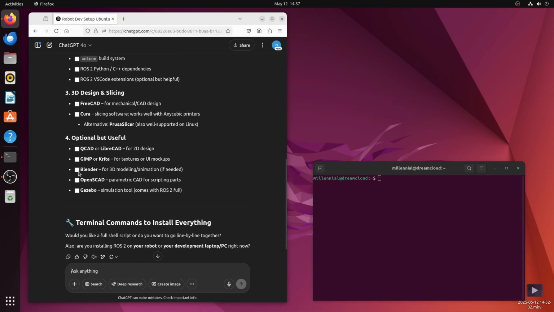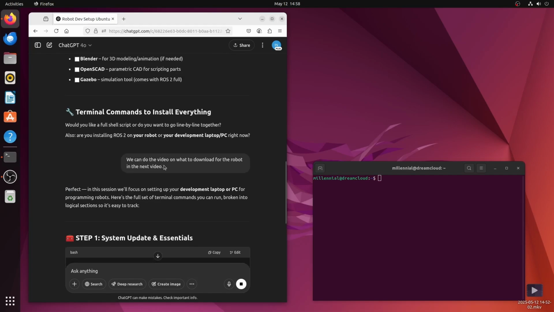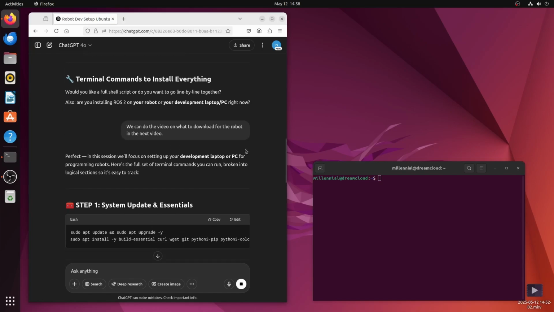We need to also download Blender for sure, just so we have it on here. It also asks me if I'm installing ROS 2 on your robot or your development laptop right now. We can do the video on what to download for the robot in the next video. So obviously, poor grammar, sorry about that. But for this video, we're just going to focus on what we need to set up this computer for robotics. And then in the next video, we'll jump into setting up Linux on the robot itself